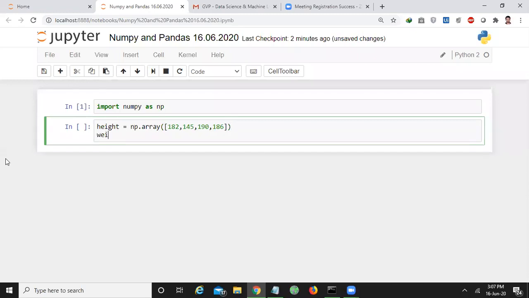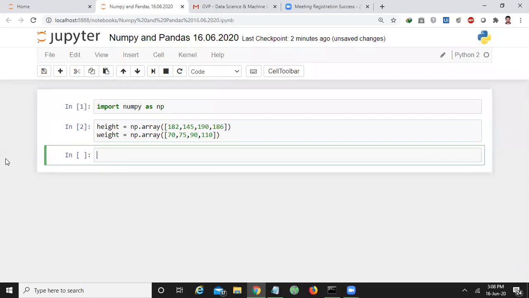Similarly, I'll create another array, np.array of 70, 75, 90 and 110. So I have created a height array with these values, and a weight array with these values, and these arrays are successfully created.